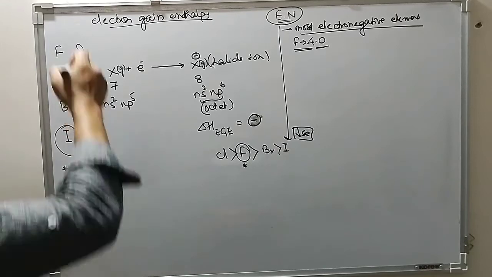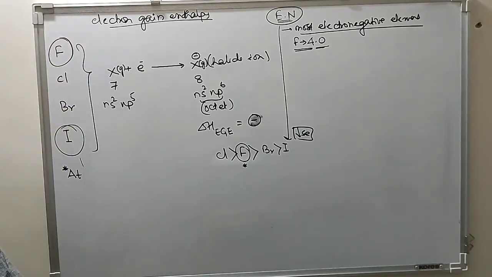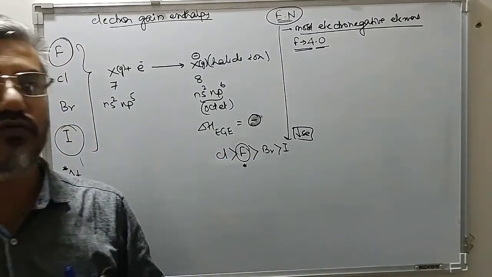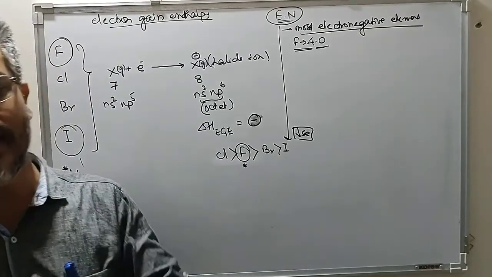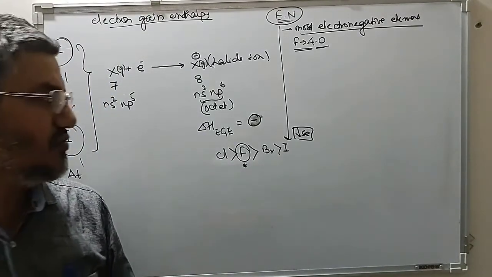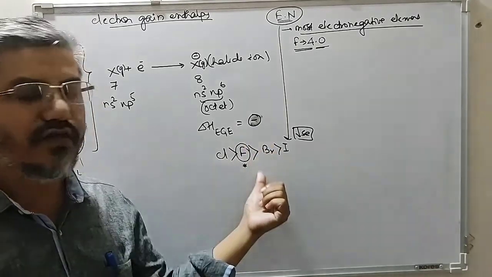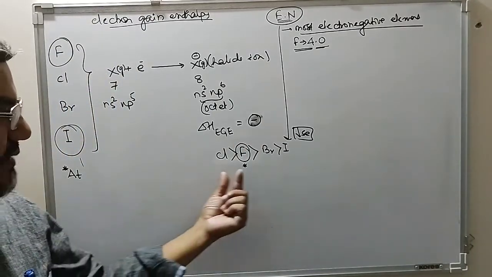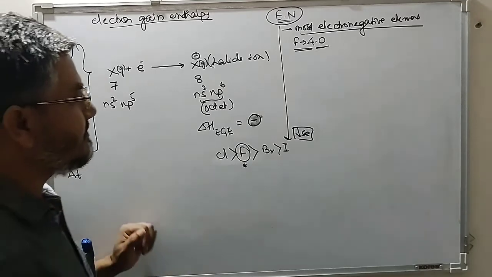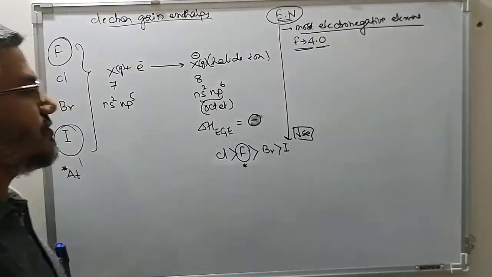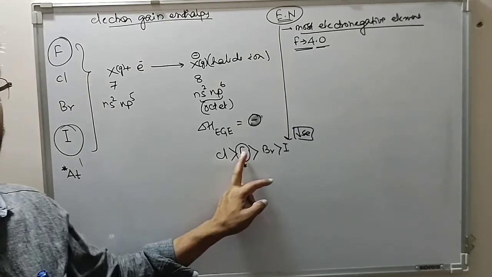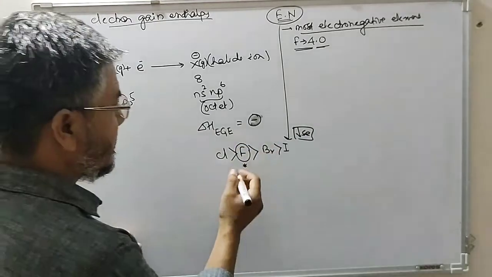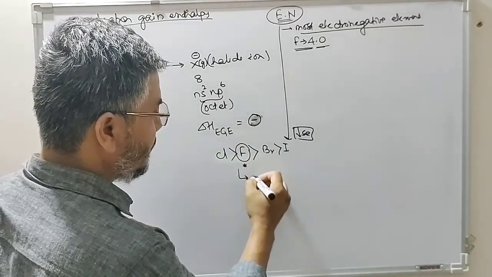But look at this, fluorine being the smallest in size, the distance between the added electron and the nucleus should have been the least, so the attractive force should have been more. So the largest value of electron gain enthalpy should have been for fluorine, but again there is an abnormality. The electron gain enthalpy value of fluorine is less than that of chlorine. The reason for this is again attributed to